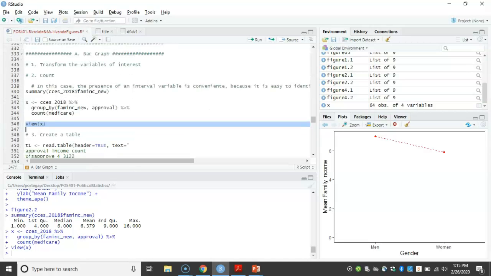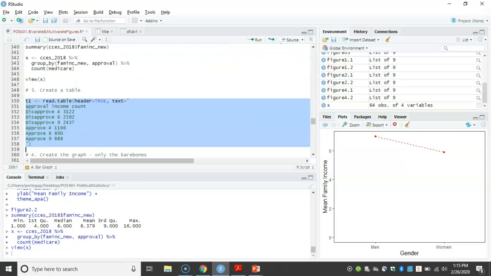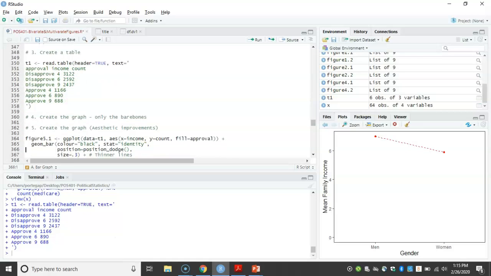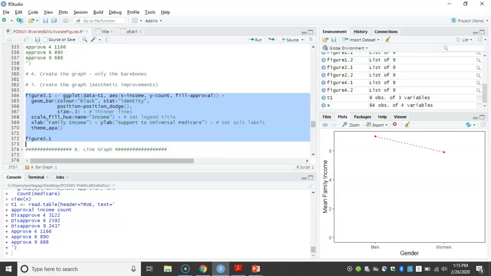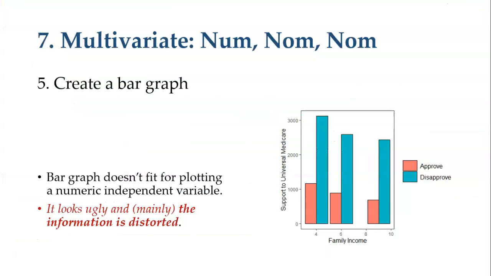So we create the table, and later you create the graph. That's your graph. Okay. This is the bar graph. The bar graph is nice in terms of aesthetics, but it has a problem. As you can see here, it's not very suitable for plotting this kind of information. It seems kind of ugly,